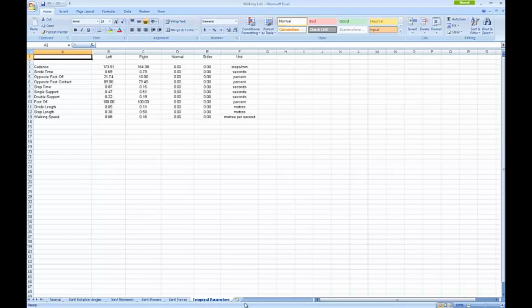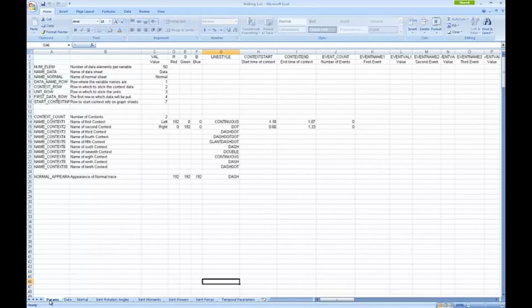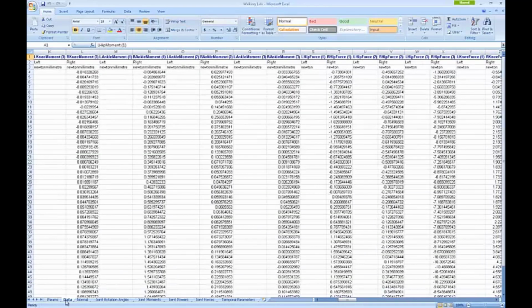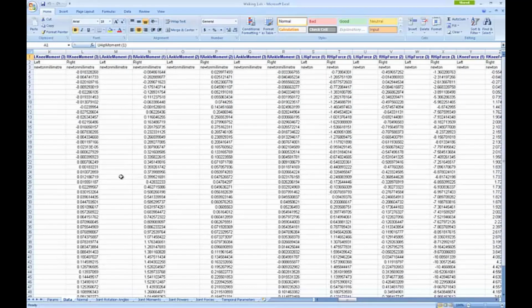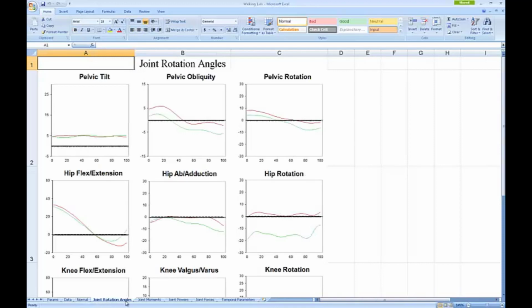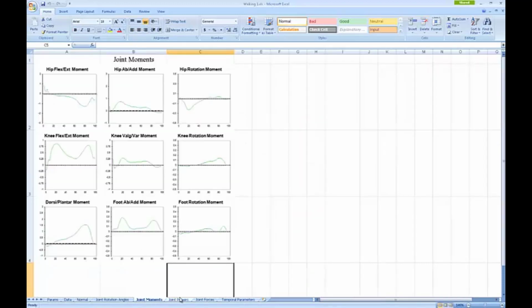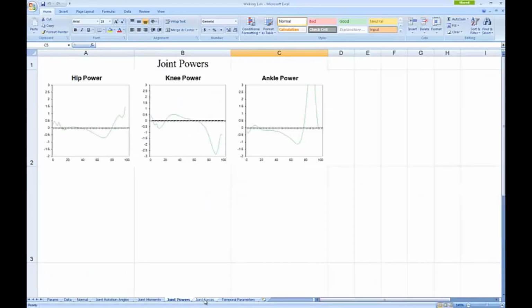So you can see it automatically loads in temporal parameters, the gate parameters for the trial, the actual data is going to be in there, the rotations, moments, powers,